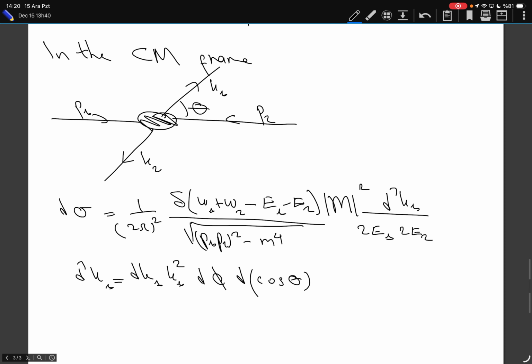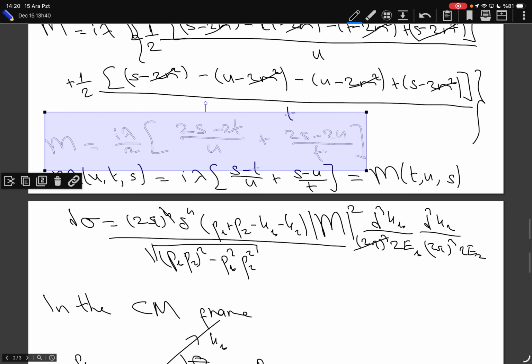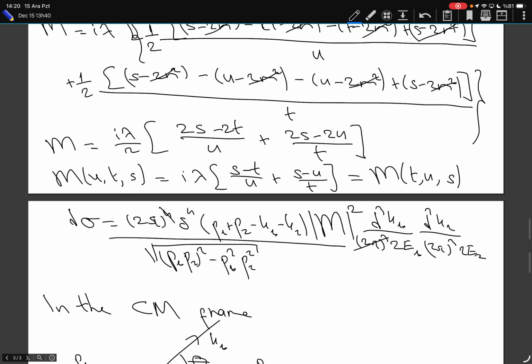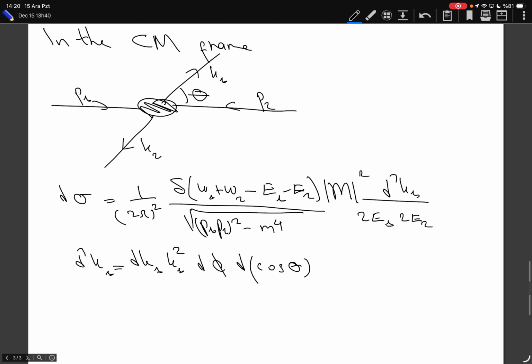You see, I'm not looking at the explicit expression of my invariant amplitude. Whatever diagram, whatever processes happen, I have rotational symmetry. My initial state is rotationally symmetric around φ, so nothing can depend on φ. So whatever M is, as long as I have this rotational symmetry, it doesn't depend on φ, so I can